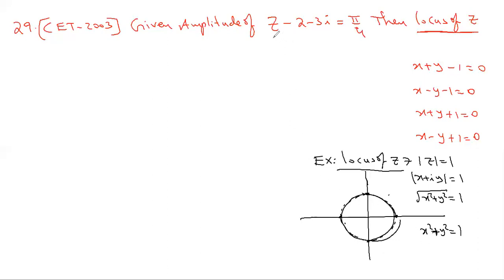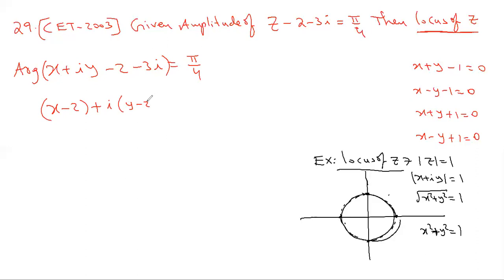The same way here, you need to find all the points z which satisfy this condition. The argument of z minus 2 minus 3i equal to pi by 4. So what is z? You will replace z as x plus iy. So x plus iy minus 2 minus 3i, of course, the argument of this is equal to pi by 4. So that means x minus 2 plus i into y minus 3, sorry, and argument of this